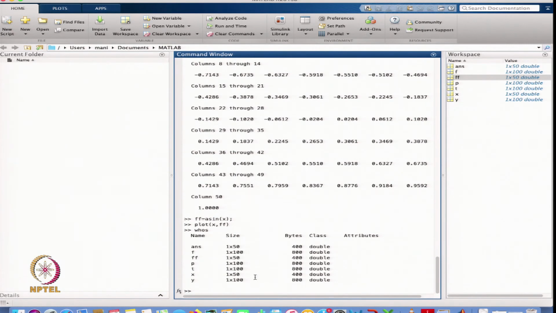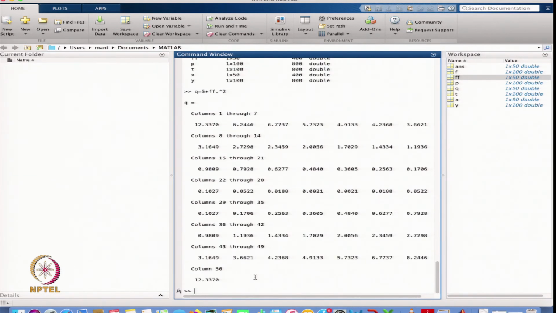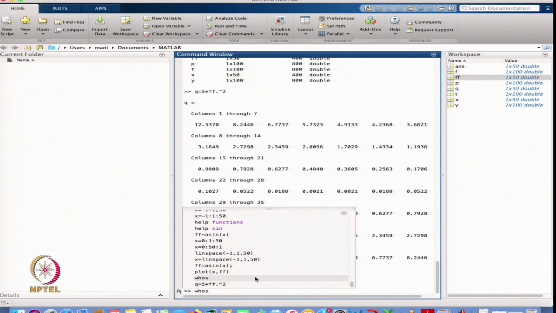I take another function q, and define ff dot square, multiplied by 5. So, this is the new function I have defined, and suppose I want to plot this new function.